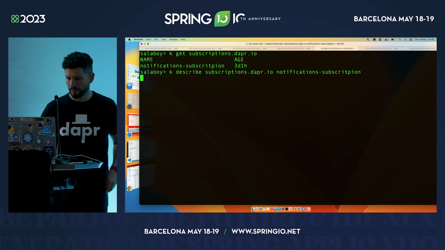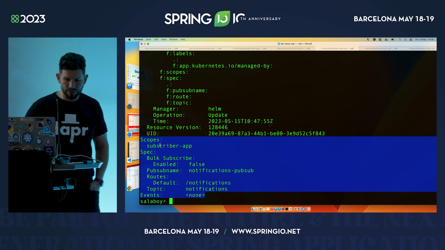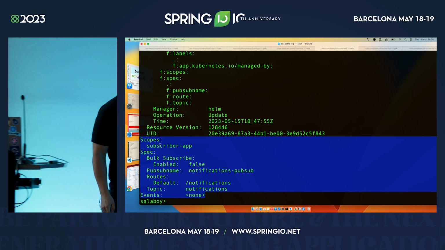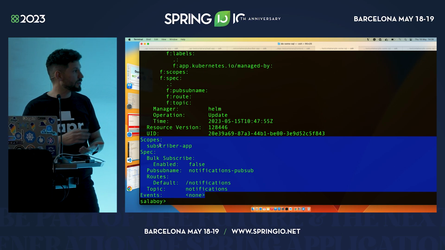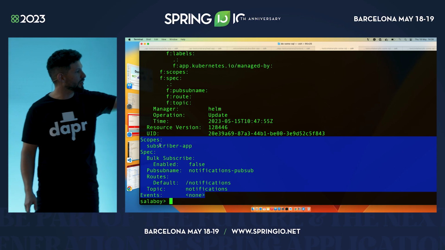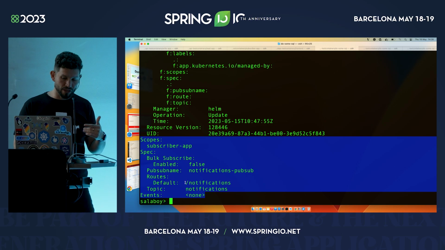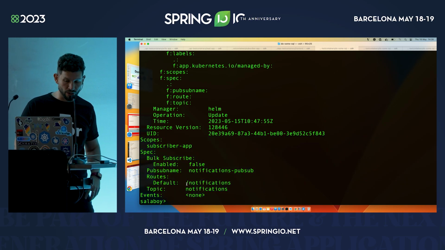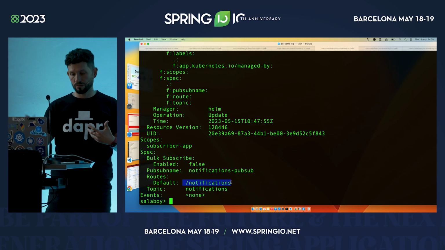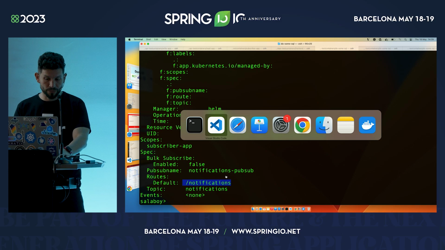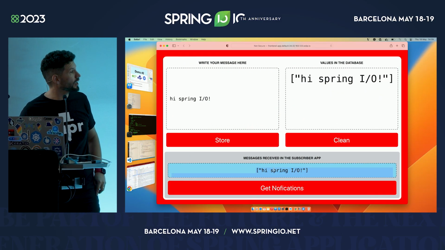Notifications, there you go. So in this case, what I'm doing here, again, this is the important part, is that my subscriber app will get notifications that we send to that notification PubSub component that I've created. So as soon as my write application is emitting an event and just aiming to that notification PubSub component, and the notifications topic in this case, we will get notifications being routed to the subscriber app into the notifications endpoint. So as soon as the application exposes that endpoint to receive notifications, we can route notifications to it. And that's kind of like how the application that I've showed here is getting the notification in this case, right?